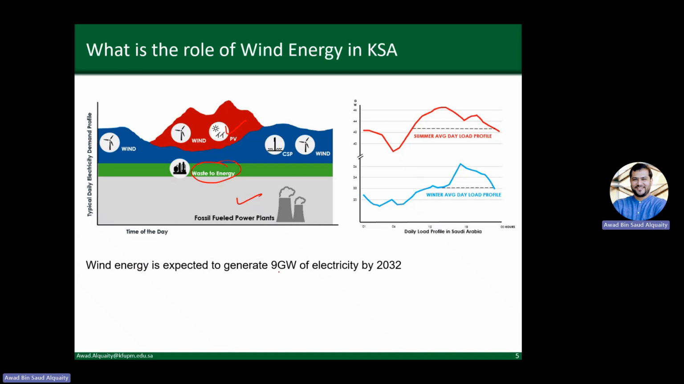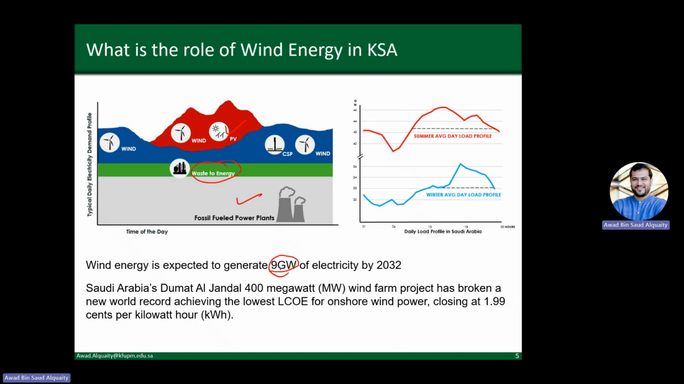In terms of the goals, by 2032, we expect 9 gigawatts of electricity to come from wind energy, right? And among the bigger projects that have been started, the Dumat Al Jandal project is a 400 megawatt wind farm. It broke a world record for achieving the lowest cost of electricity, right? Lowest LCOE for onshore wind power, at 2 cents per kilowatt hour. So it's economic. It is making use of available energy, and yes, it'll contribute to decarbonizing the grid. So it's a very important part of Saudi Arabia's